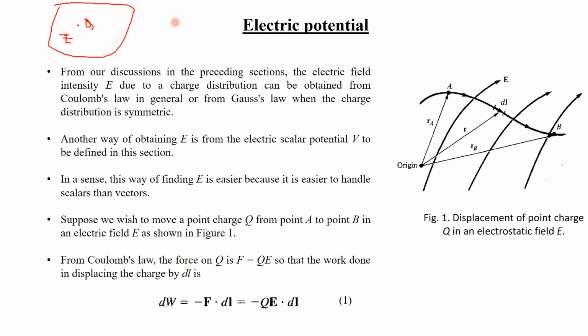Now suppose there is another small charge q, or you can say 1 coulomb, and you want to bring that charge from one point to another inside the field. Then there will be some work done. The work done is nothing but the electric potential. So the work done to bring a unit positive charge from infinity to a particular point is called the electric potential.